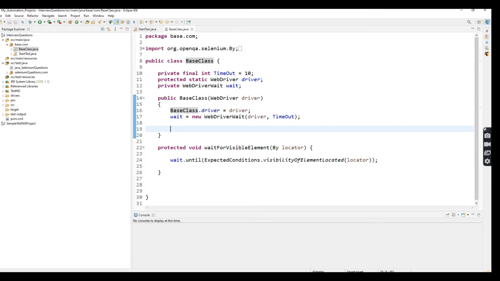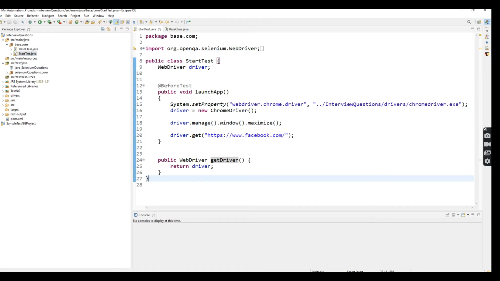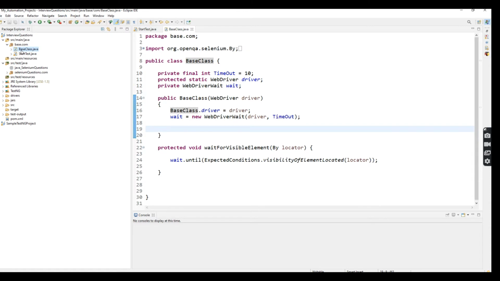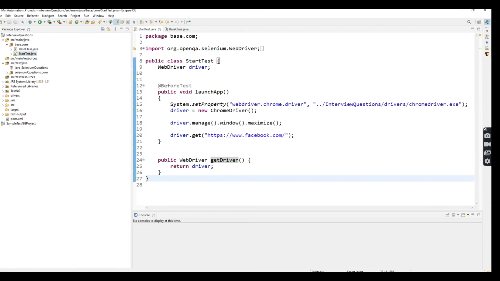Okay, so again I created one class file which is StartTest. So what is StartTest? Here you have already initialized the WebDriver driver1. So what is the second step? For starting the application, what do you want? Definitely you want to implement the Chrome driver. Which browser you are going to work with and which application you are going to launch is very important, right? That is the reason I created the StartTest class file.